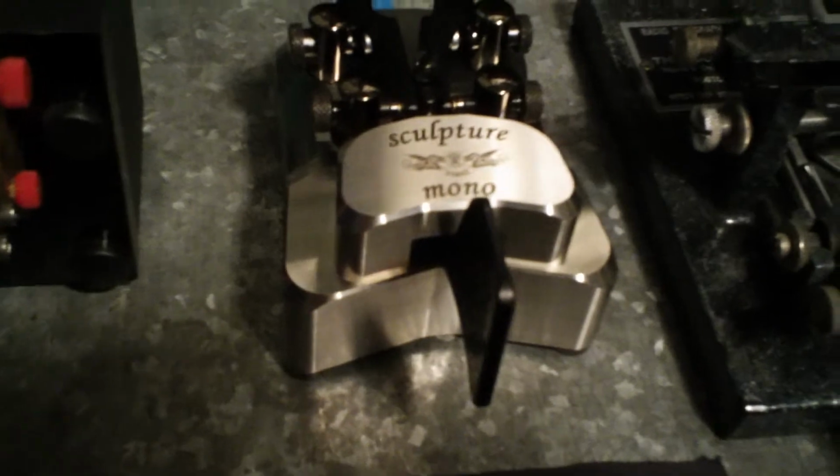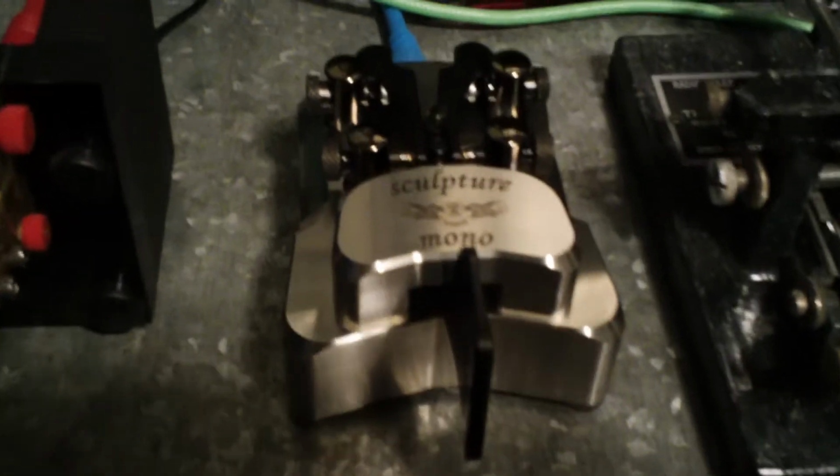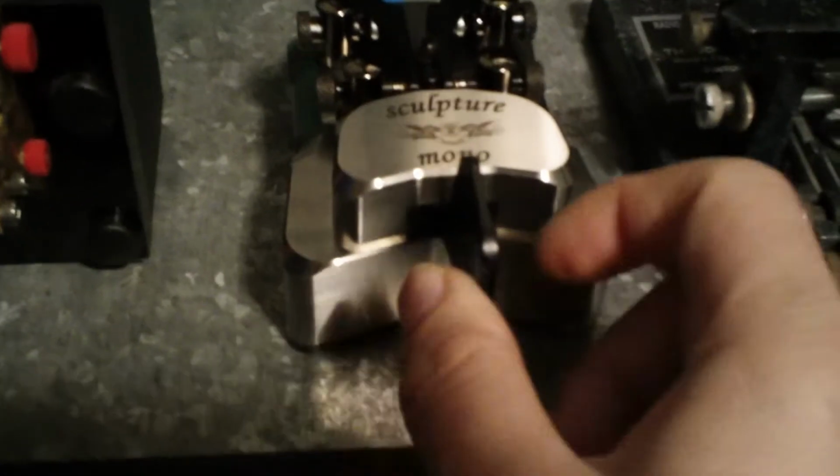And the Simplex Mono, which I believe could arguably be the best CW key ever made. It's solid stainless steel, and it weighs close to 4 pounds if I recall. At least 3.5. I mean, it's rock solid. And it has solid 24 karat gold contacts. Not sure if they're going to be visible in this video, but anyway,